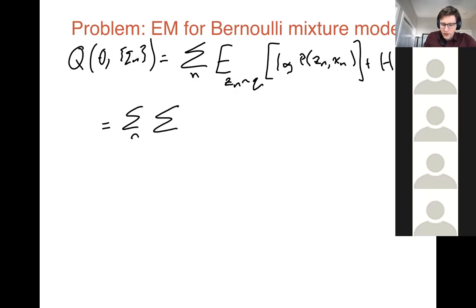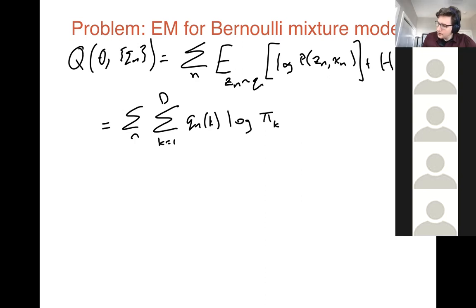Those values are k equals 1 to K, because this is a mixture of K possibilities for z_n, of our mixture probability, q_n(k), times log of this probability here, which has two parts, because again, we have the model where z is the parent of x. So this is pi